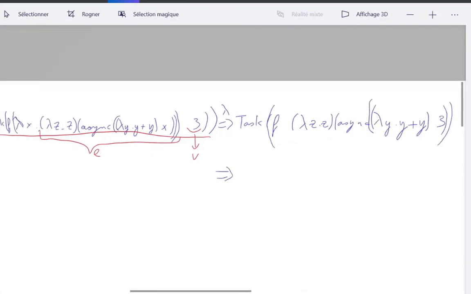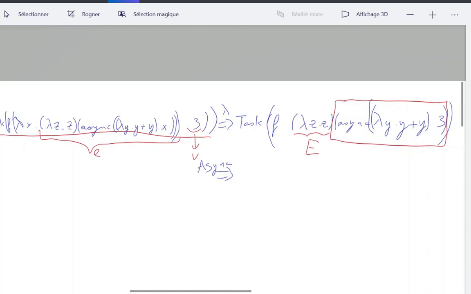Okay, so now we get to the second step. The configuration is still made of a single task, so this is where we apply things. But now we will apply the async rule, because the left part is already a value, so we can go to the right part, and a valid E evaluation context is E equals this, and what's inside the evaluation context is this.